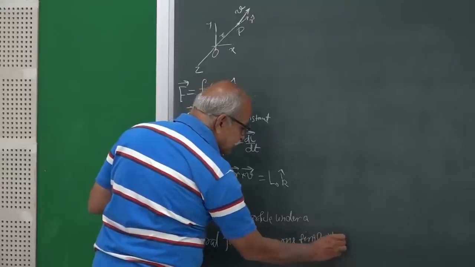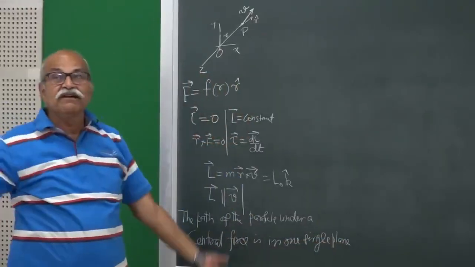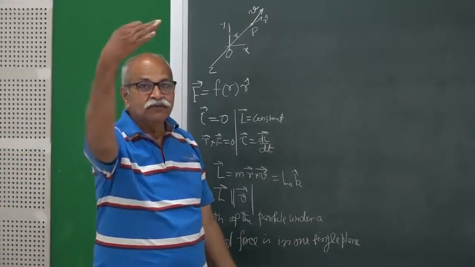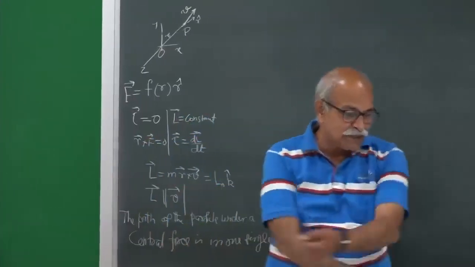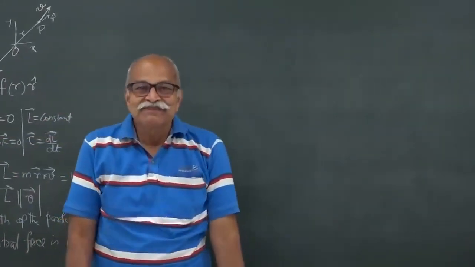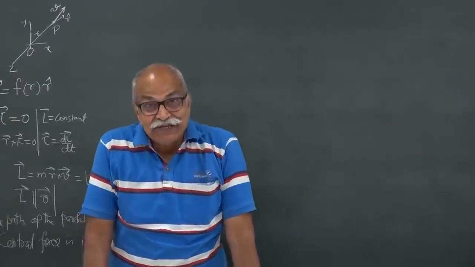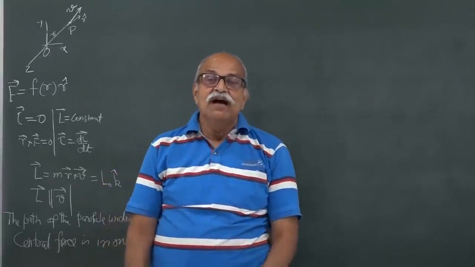It is a two-dimensional motion, it is not three-dimensional motion, although it is free to go anywhere as such, no boundary is there. It is not constrained somewhere by putting some sheet or something that you cannot go away from this, but still it will go in one particular plane, and the plane will be decided by how the motion